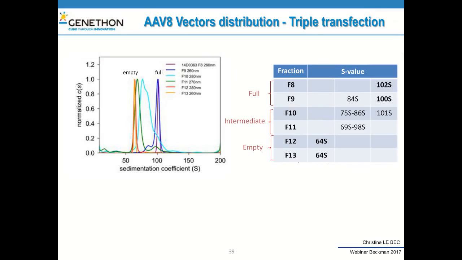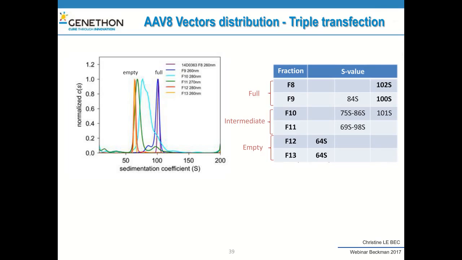So here, this is empty particles. You can see the AAV vector distribution. So here on this slide, we analyze the distribution of the vector for... So on this slide, we make an analysis of all the different, not all the different fractions, but the fraction